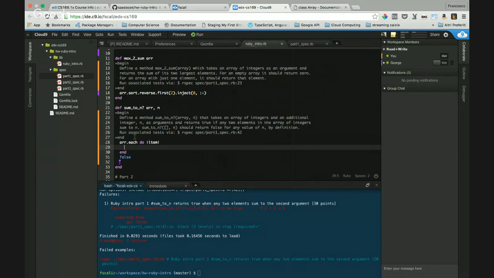So perhaps I can take a counter. Something like this, equal 0. Each item. X equals R. I don't know if it is correct. Just try it.